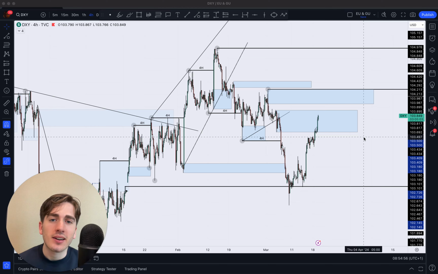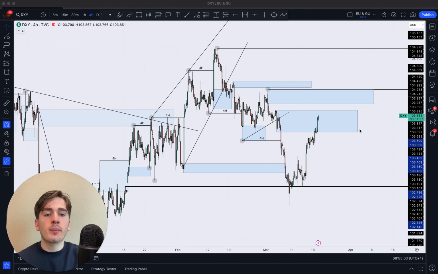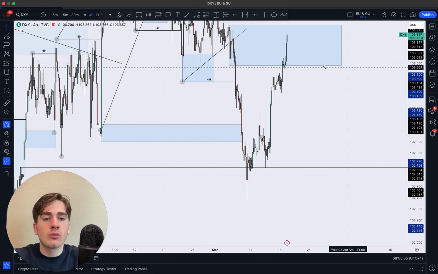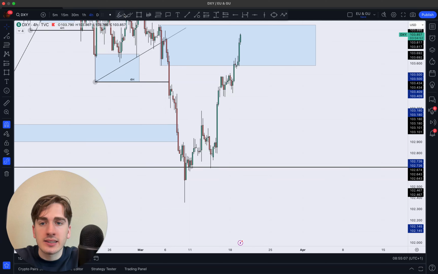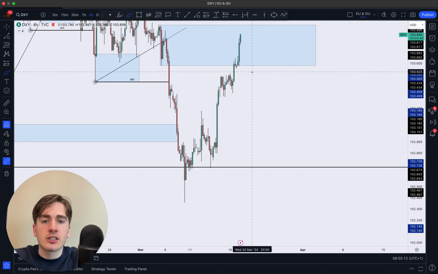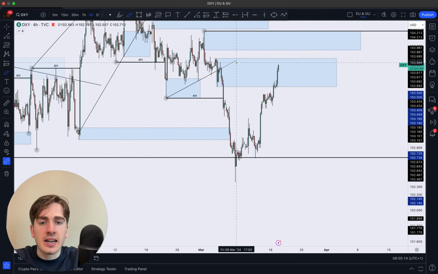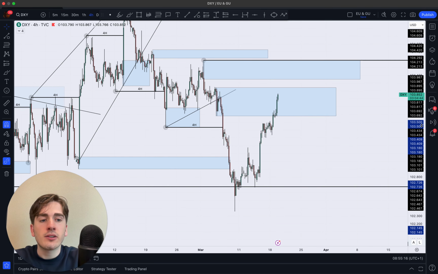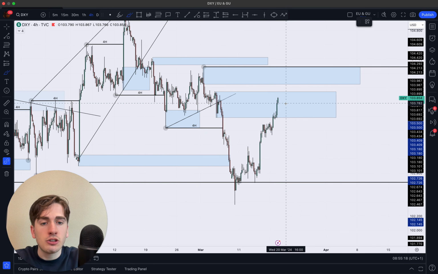It is Fabio here and we are diving into the dollar index, after which we're going to be moving on towards euro dollar. So the dollar index has moved up higher. It respected that overall low over here, as we can see, this particular low, and we continued up higher as pretty much expected in towards this area of supply. So from this area of supply, we are now going to be looking for a potential bearish reaction